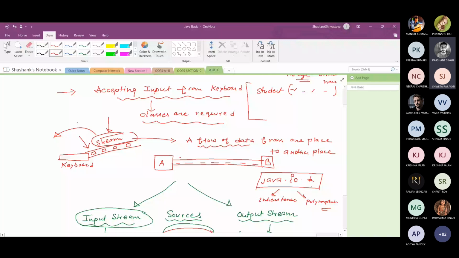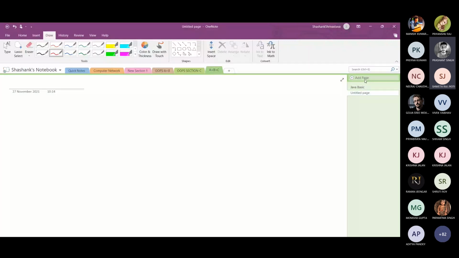Okay. Now, come to the first class which you use to read the data from the keyboard and print the data over the output stream. That is the System class. System class is part of the java.lang package. And in System class, there are three fields.